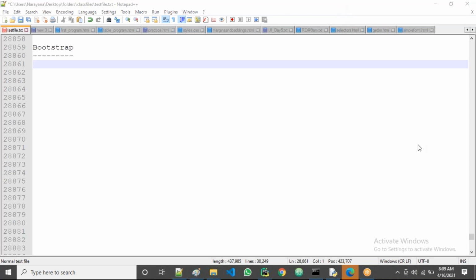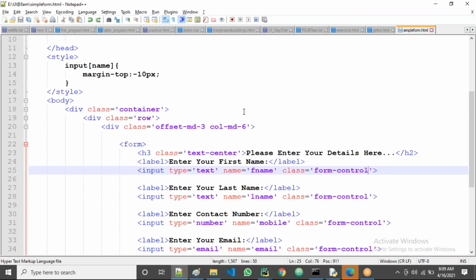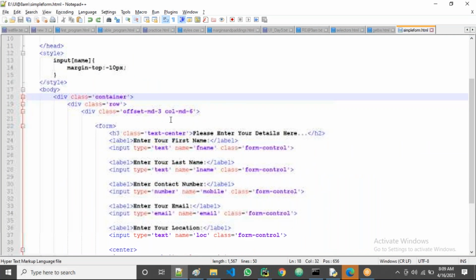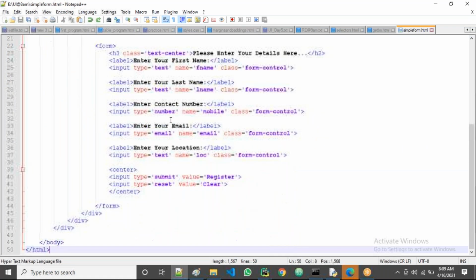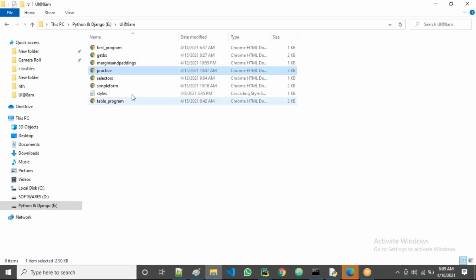I'm going to create a new file. Yesterday, I think we used a simple form, right? Yes, guys, this one yesterday we tried. Let me run this one one more time. We'll go there.